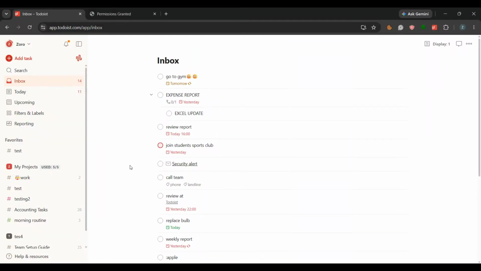In this video, I'm going to show you how to add a link in Todoist in the fastest and easiest way possible. Whether you want to save a website, attach a reference, or keep an important resource inside a task,